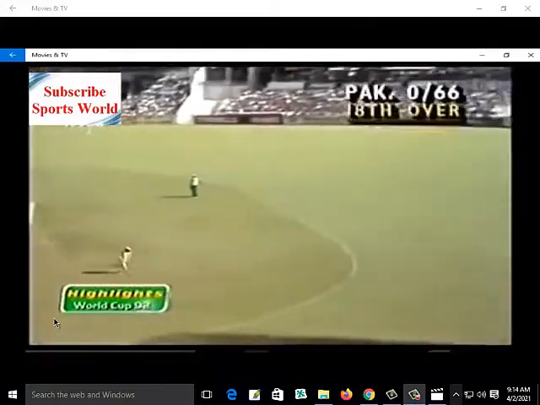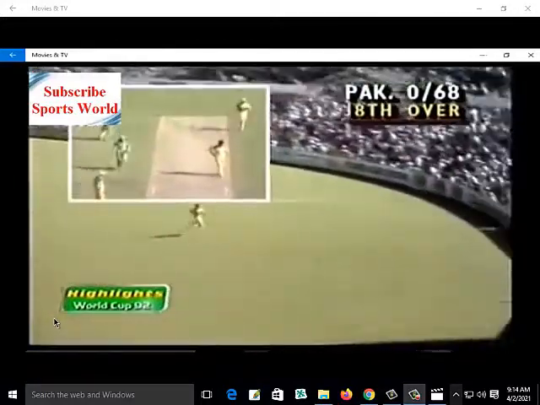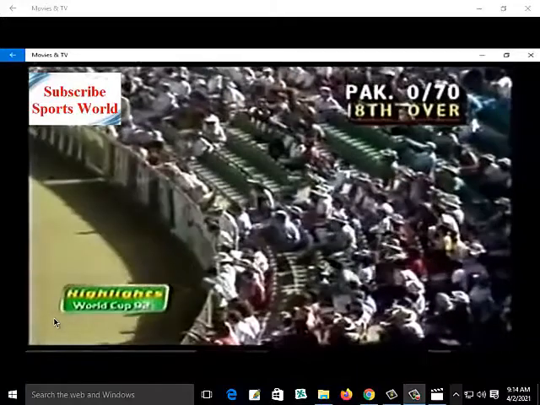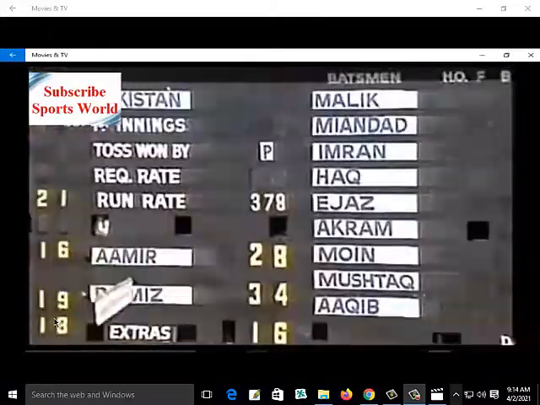That'll be more runs for Ramiz Raja. He's going to race away over the outfield. He's clipped it very firmly through his wicket, and Jones covering a lot of ground. Well, that's run away very quickly. The 4 runs in Pakistan at the end of the 18th over now, none for 70.